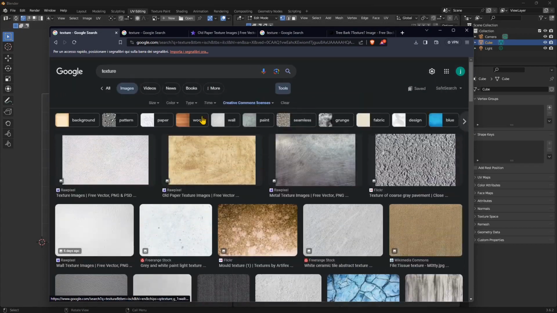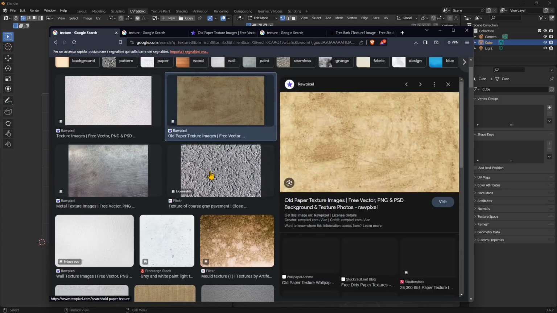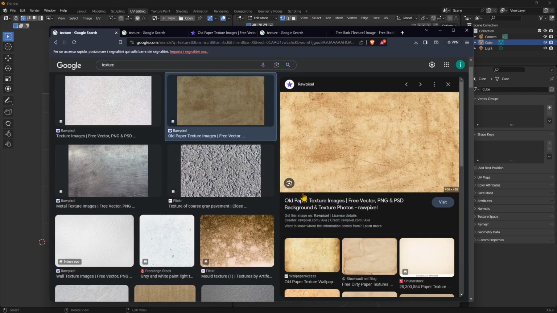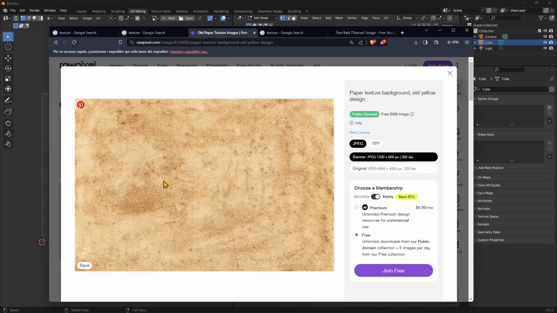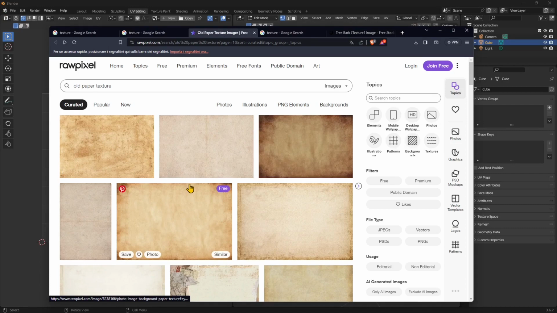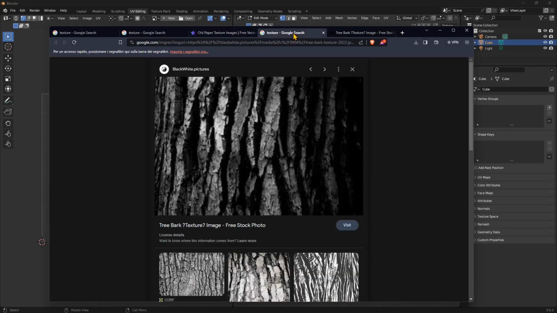Now, first of all, let's get textures. So I just searched on Google with texture, and I found a lot of textures here. I've chosen two. This one here is from Raw Pixels. So you can take any texture that you want, by the way. And I just chose this one, and this is the site where you can get it. And it's totally free and public domain. And then I've chosen this other one,